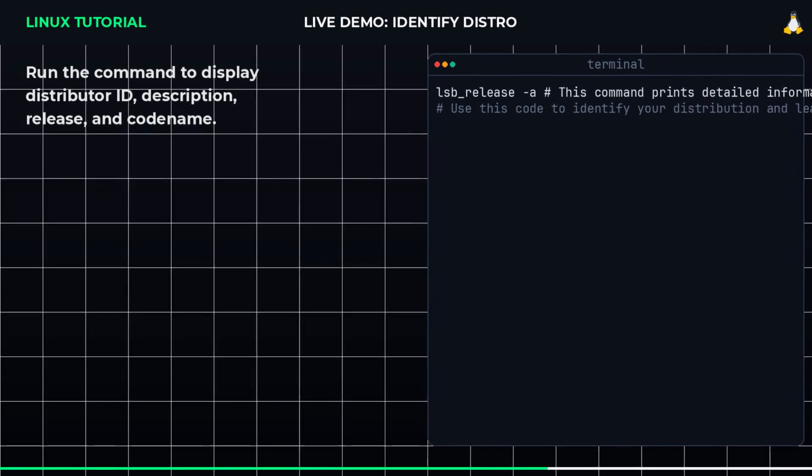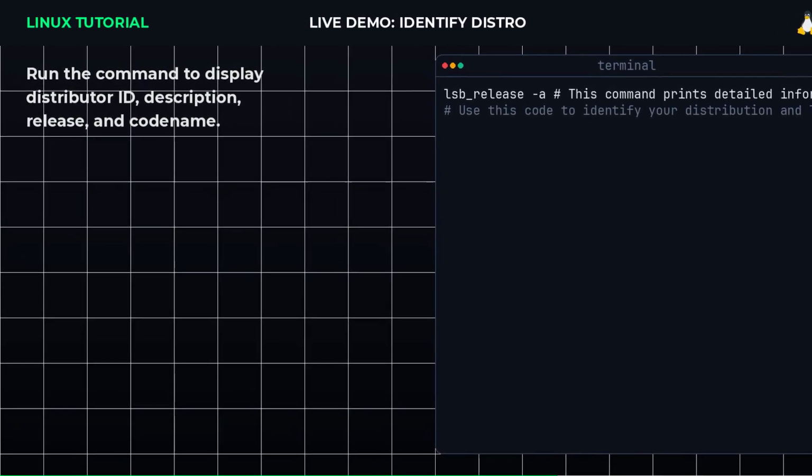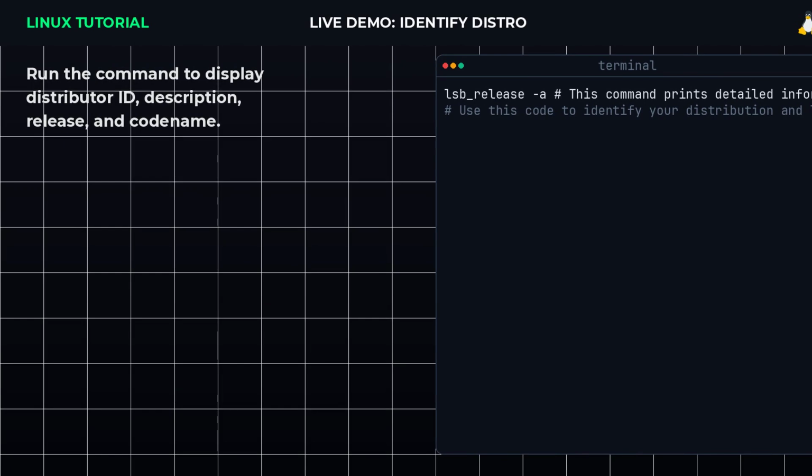Now let's see the command in action. Open your terminal and type lsb_release -a. This prints the distributor ID, description, release number, and codename, giving you a clear picture of exactly which Linux distribution